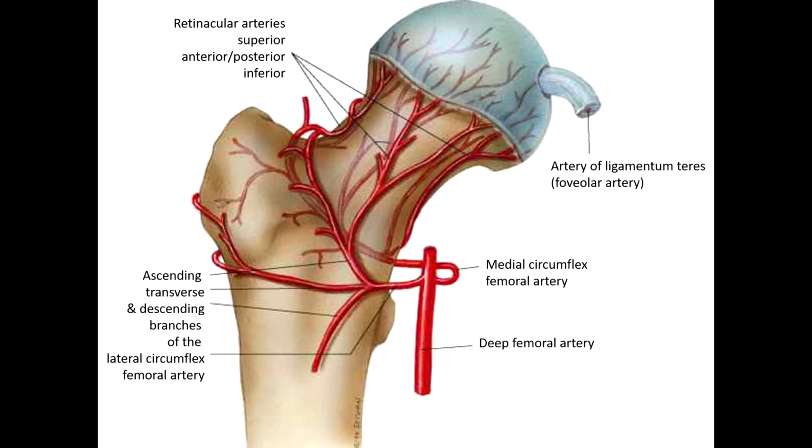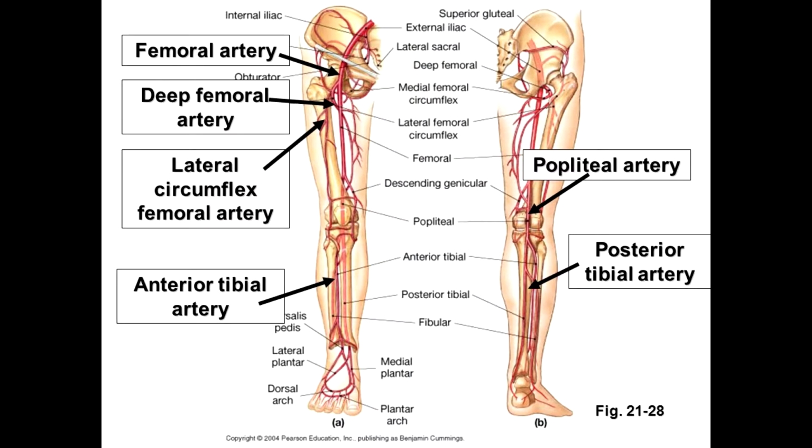Among its branches are the medial and lateral femoral circumflex arteries, which provide the blood supply to the hip joint as well as the muscles of the uppermost portion of the thigh. The other branch of the femoral artery is the deep femoral or profunda femoris artery. It runs much deeper, in parallel to the femoral artery, providing the blood supply to the bone and muscles of